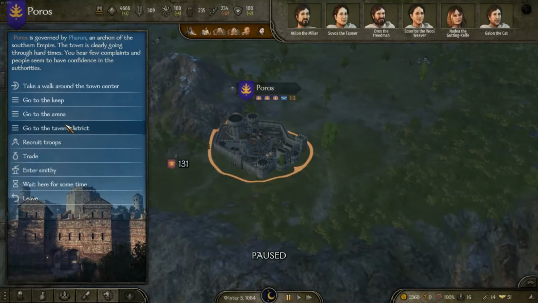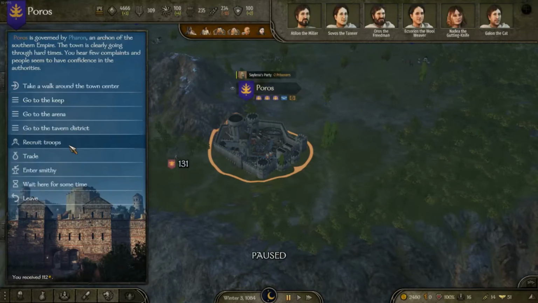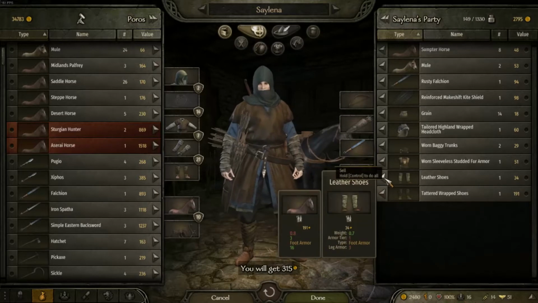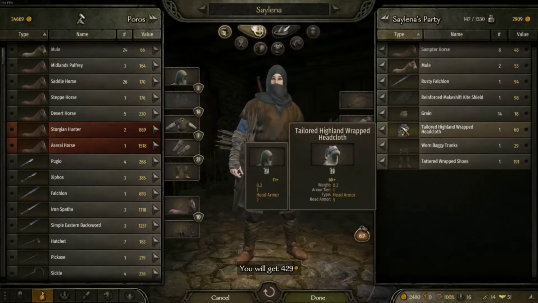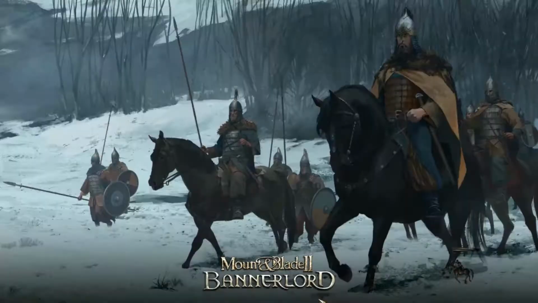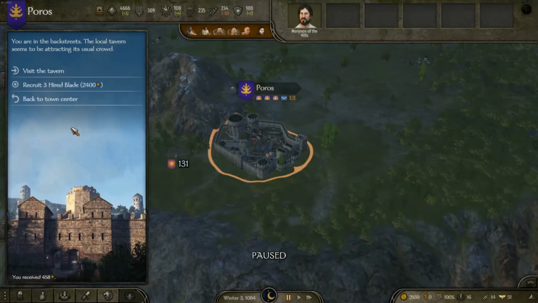All right, so we're going to go ahead and sell our prisoners. 112 dinars this time. That's much better. And then we're going to go ahead and sell some of the loot that we had. Not all of it, though. So we're going to keep the nice pair of boots. Those are actually pretty good. Sell the rest. I don't think that's going to be any better than what we're going to find for people. So that's fine. We'll keep the shield and we'll keep the weapon just in case whoever we find has pretty much nothing. And then let's take a look at the tavern and see if...